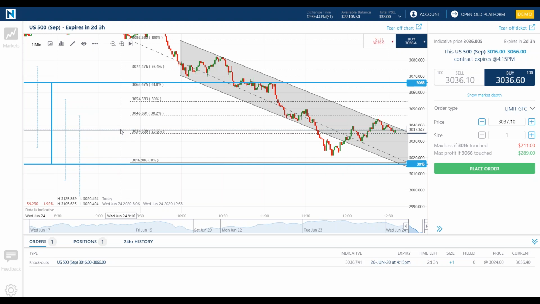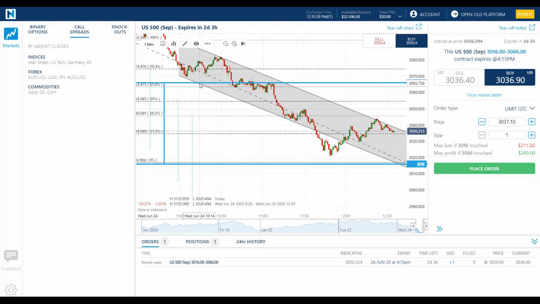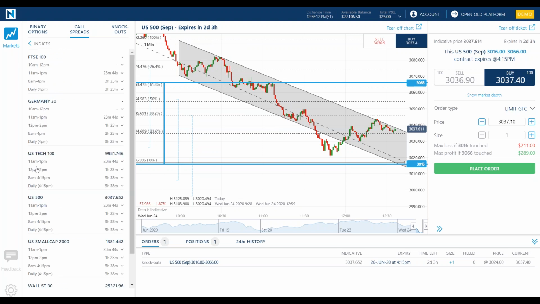All right, from knockouts, I'm going to go ahead and click on our markets up here in the left-hand corner. I'm going to mention call spreads before we jump over to binaries. The reason I want to mention call spreads is some people don't like the knockout functionality. They want to have a little bit more room in case they have an opinion, but if it touches their boundary, they don't want to be knocked out. That's a call spread. A call spread is a knockout with optionality on it.